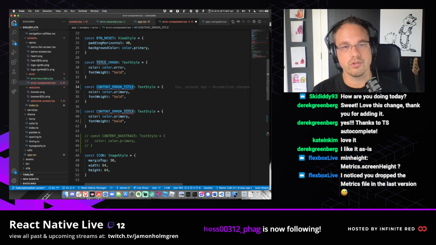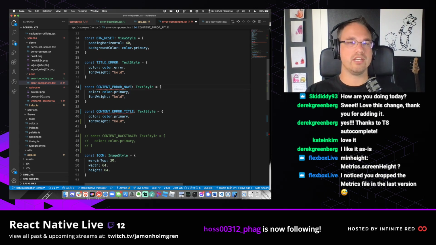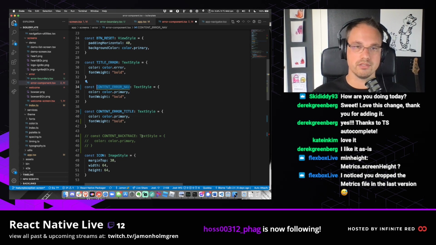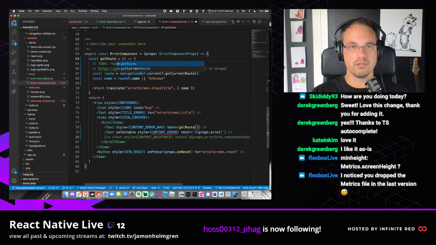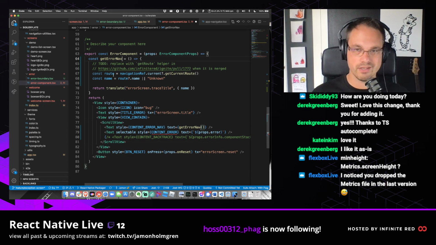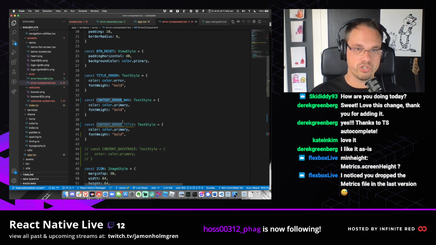Content error navigation. It's more like the nav is what it is. Like we're showing the navigation route. So this isn't really get error, this is get route, or get error nav, I guess. And then we have the content error here, which should be